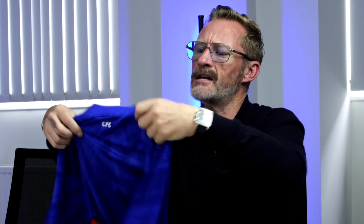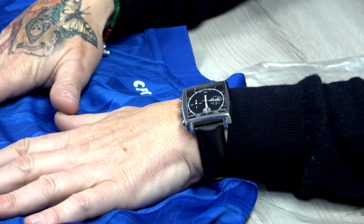Dare I say on the neckline, on the back there, is that one of the old fonts for CFC on the back of it? Oh, that is right. That's a great shout. And you know what it is? I think that's a lot to do with these kits, they've been looking at a lot of the history and the heritage with the...